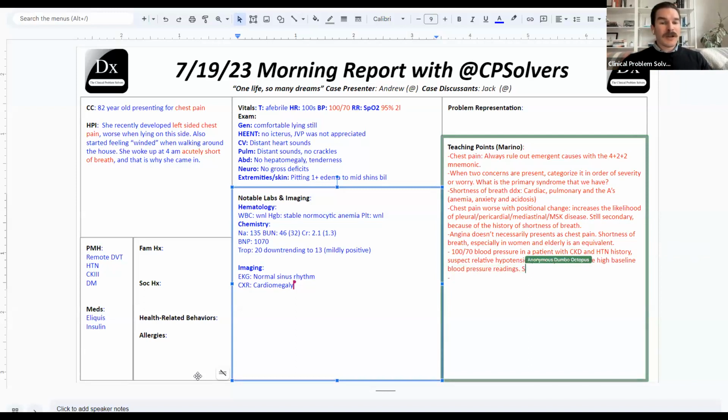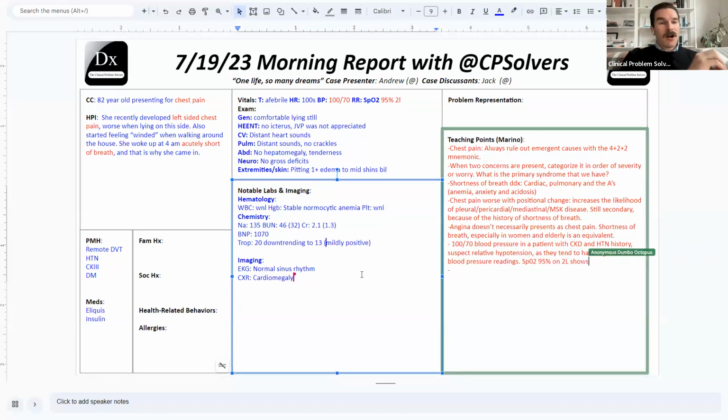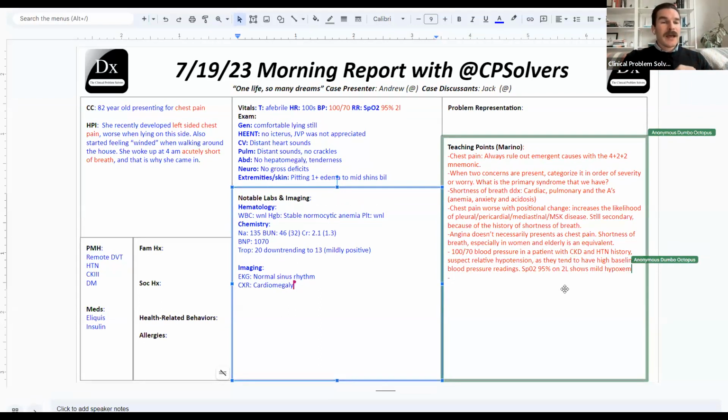And then if we start to look at the exam, we get some mixed pieces of information here, right? We said that when we're thinking about causes of abrupt shortness of breath, we want to think about cardiac causes, which can come with a syndrome of volume overload or angina. And looking at this exam, there's some mixed evidence of whether or not there is volume overload. On the one hand, we have pitting edema that's 1+ to the mid shins. There's no significant JVP though.